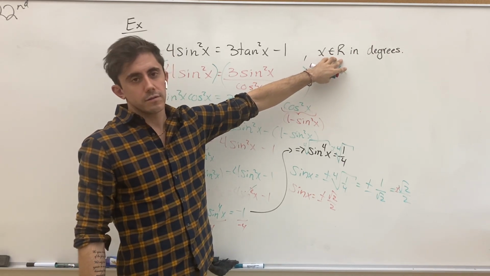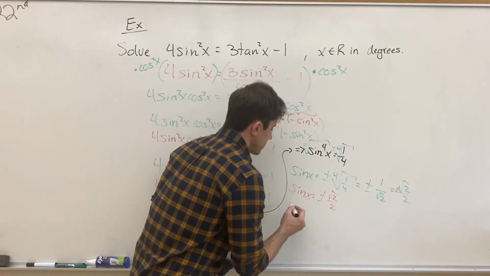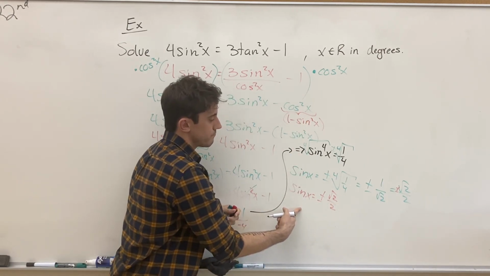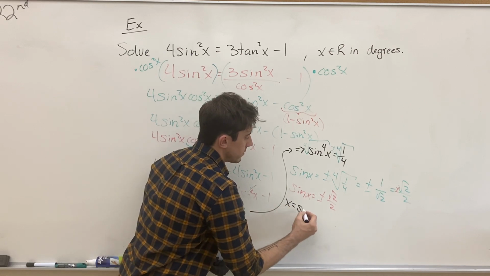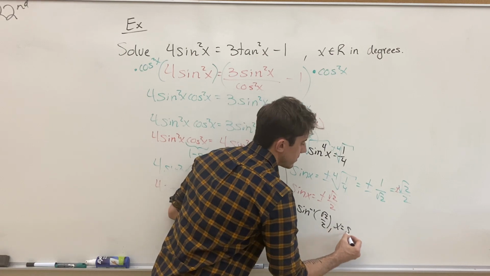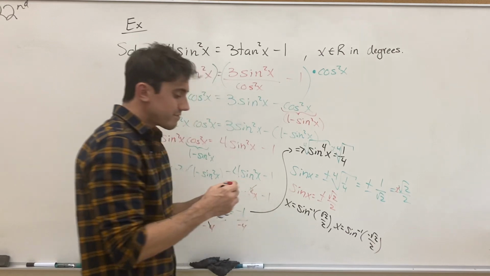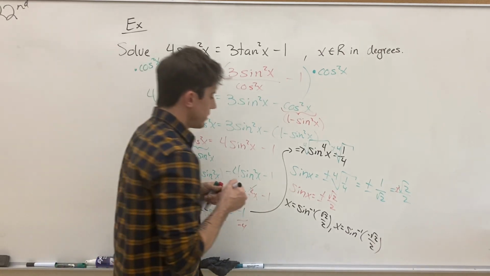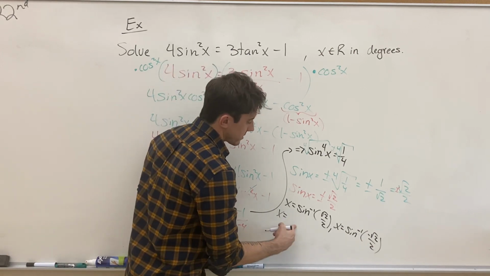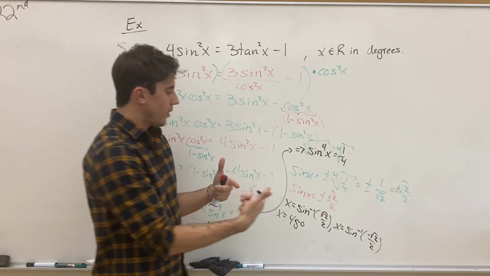And considering all of those options for all real numbers in x, we get the solution we want in degrees. So the first one, x being the inverse sine of root 2/2, and secondly, x being the inverse sine of negative root 2/2. And if you're familiar with those values in your unit circle, that's going to provide you with the set of solutions. X is 45 degrees, and